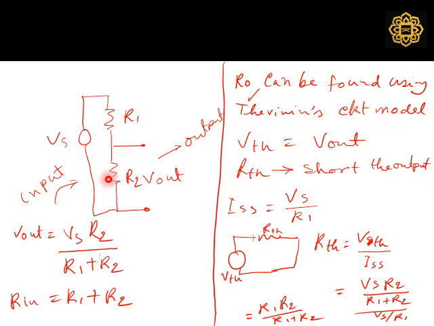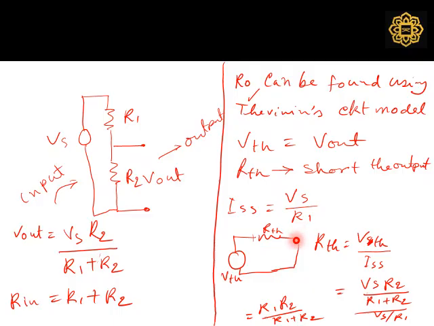In the Thevenin circuit model, VTH, the Thevenin voltage, equals the same output voltage, and for RTH, you have to short the source, short the output, and you can find the short circuit current